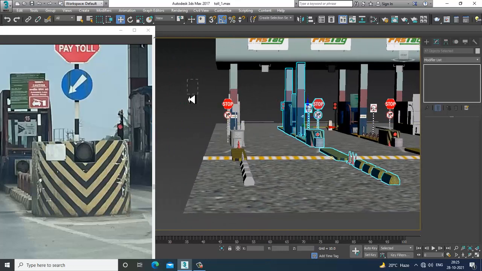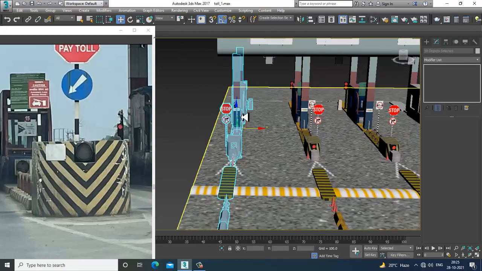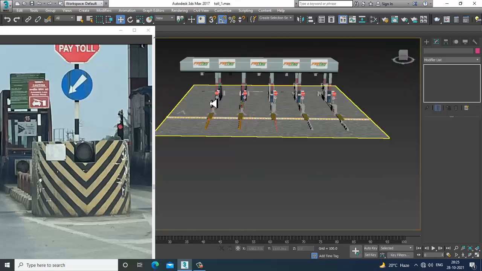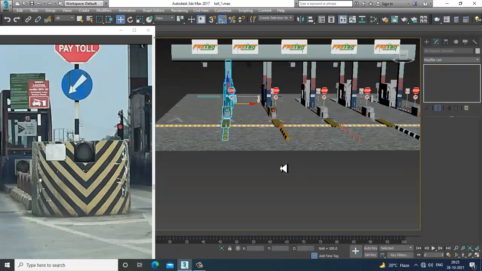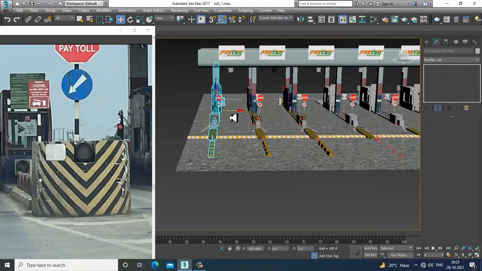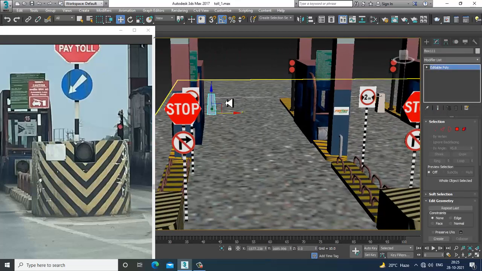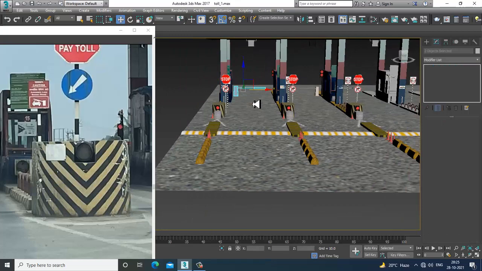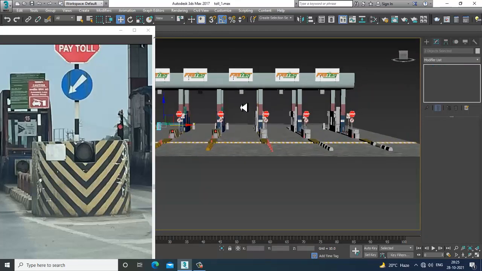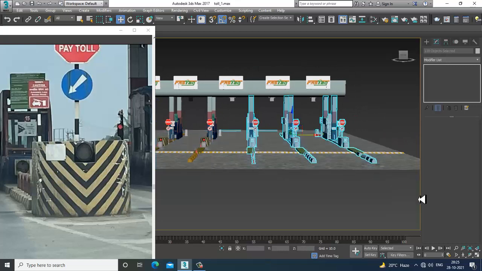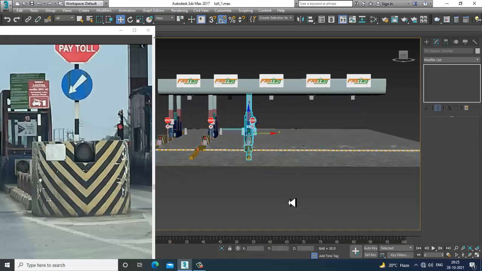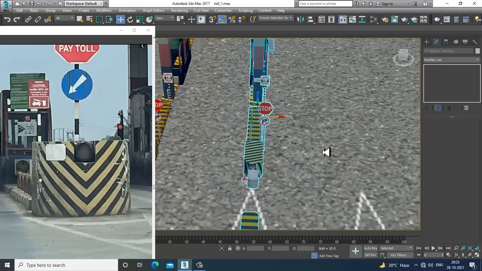Again select this, delete this, select this whole thing, shift and drag and make a copy of it. Just go on duplicating this. Again select this whole thing, delete this, select this, duplicate it. Let's just duplicate all of this.